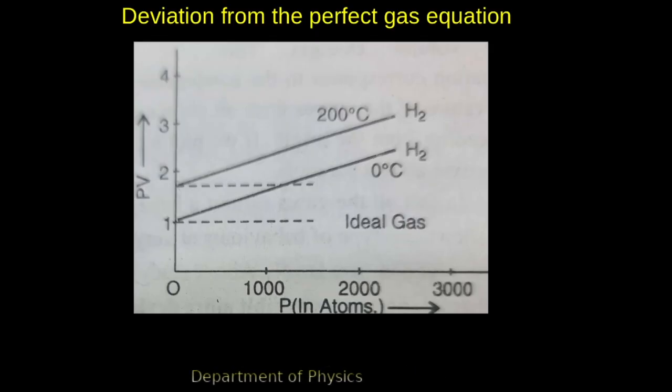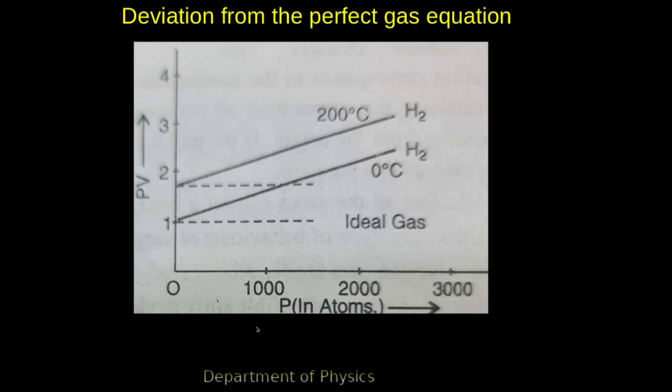Now the deviation from the perfect gas equation. Here the pressure P is on the x-axis, while on the y-axis we are taking PV. This dashed line refers to the ideal gas, corresponding to 0 degree centigrade and 200 degree centigrade. Even for Boyle's law,